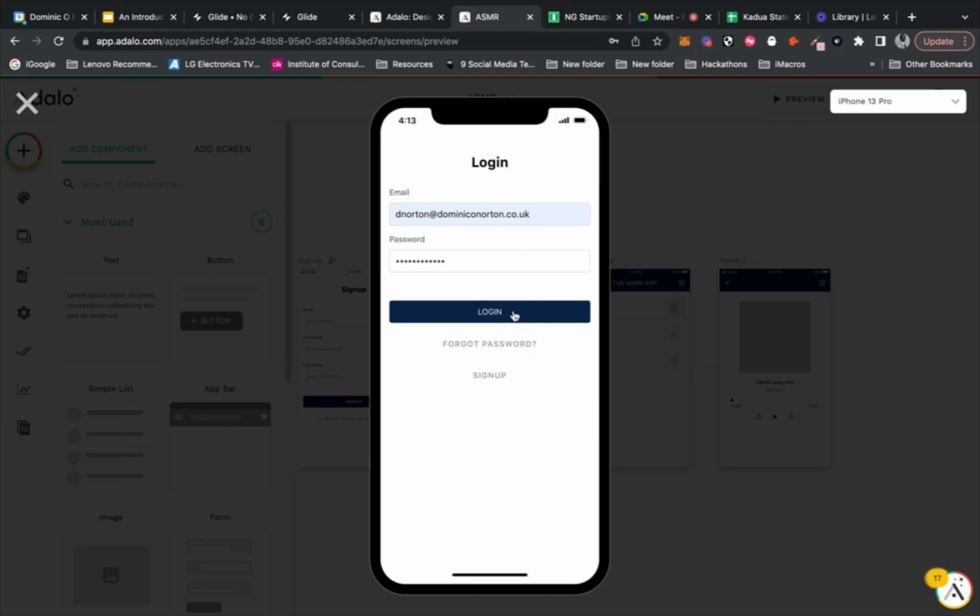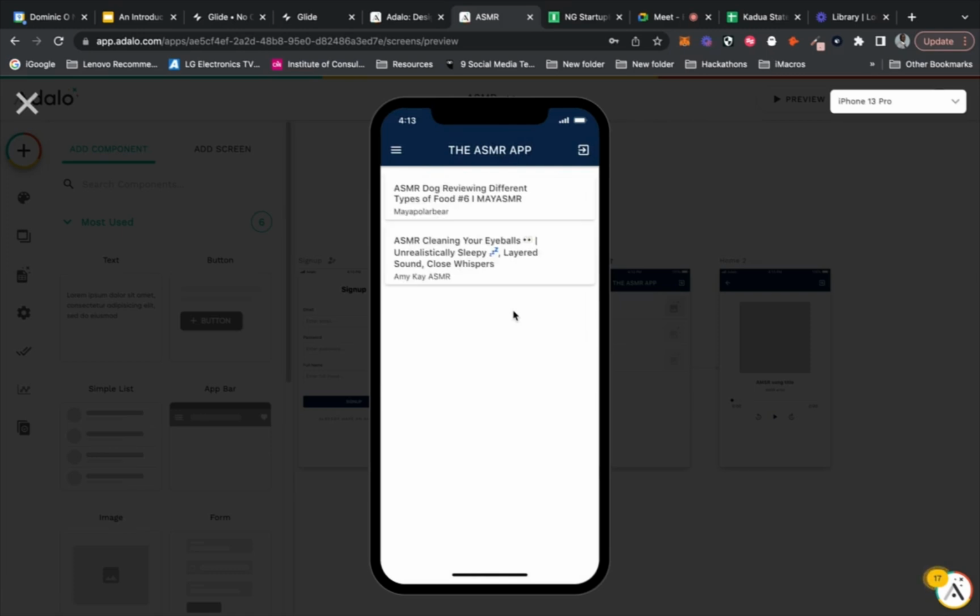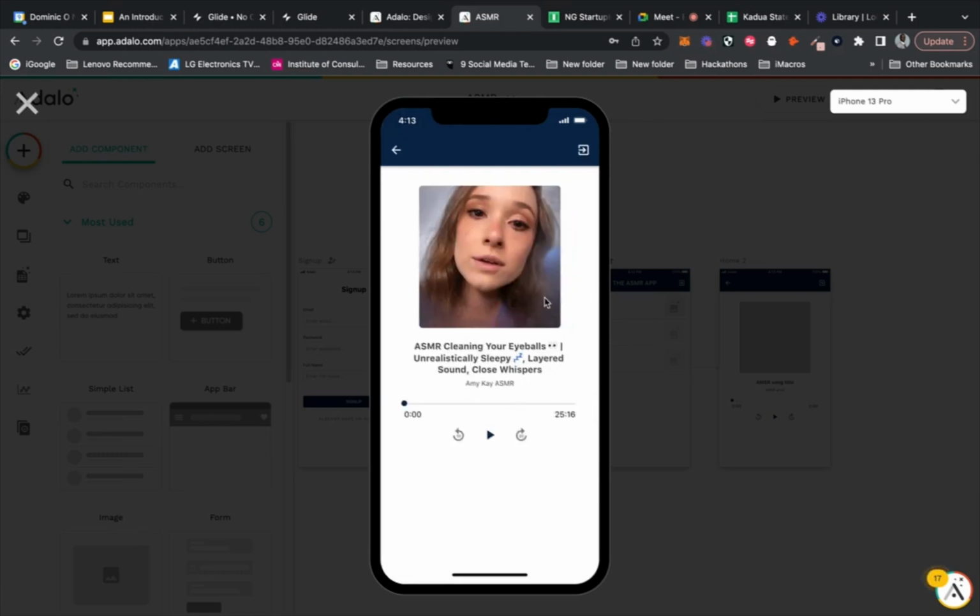So it's not, in terms of design, it's not particularly exciting. But you can see I have a list of audio. And then when we click on it, we have almost like a Spotify type component.